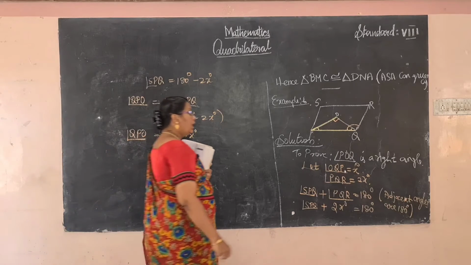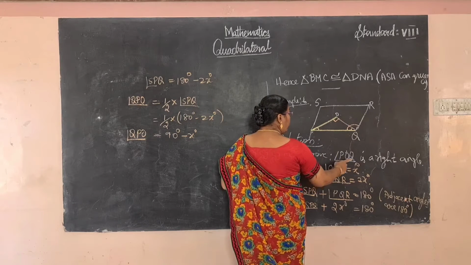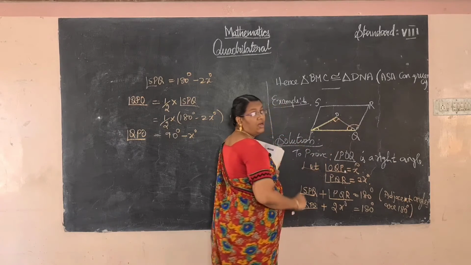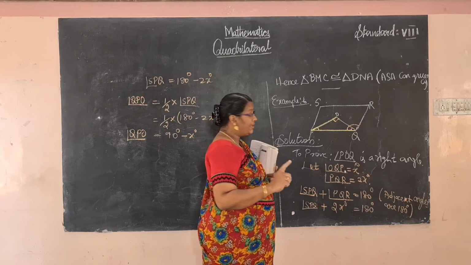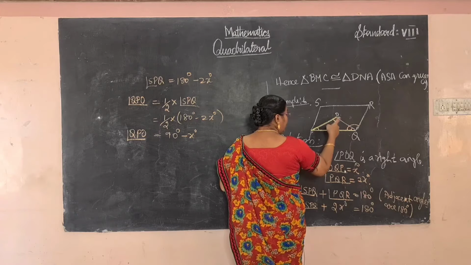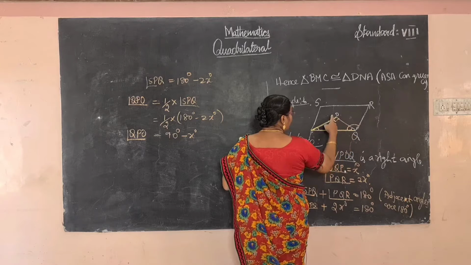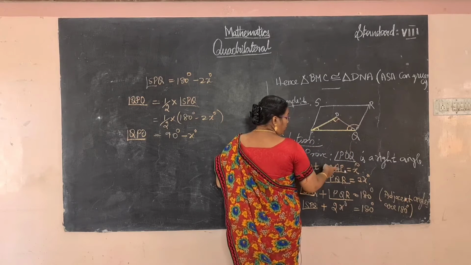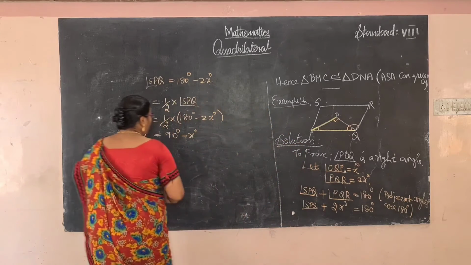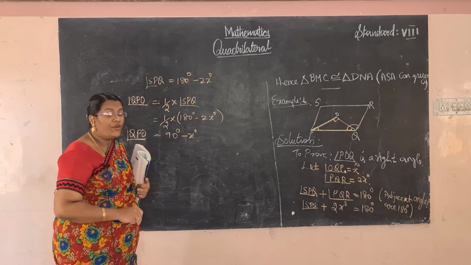Now we know the other angles' values. We have to find out what we prove, POQ. We have to show that this one is a right angle. A right angle has 90 degrees. Now we know the value of angle QPO, and PQO also, is it? OQP value was x. Now substitute in the formula, the angle sum property of triangle.